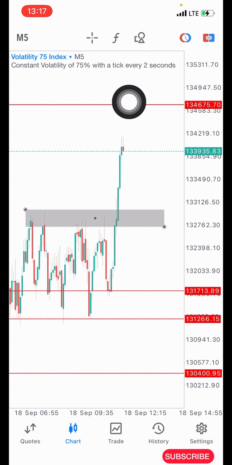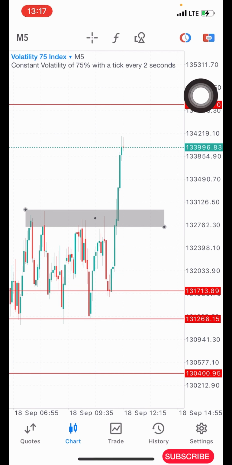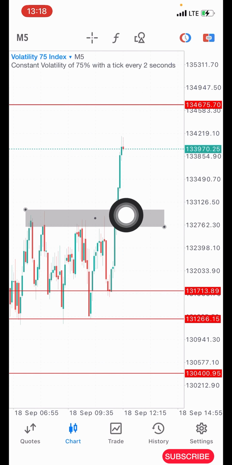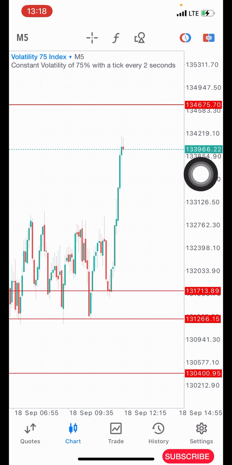So this is now a support, and this is now a resistance, sorry. We are only looking for this or this to take our entry, but I'm not going to use this one anymore. This one is not valid based on the strategy. So now, after identifying the support and resistance zones like this, the next thing is to